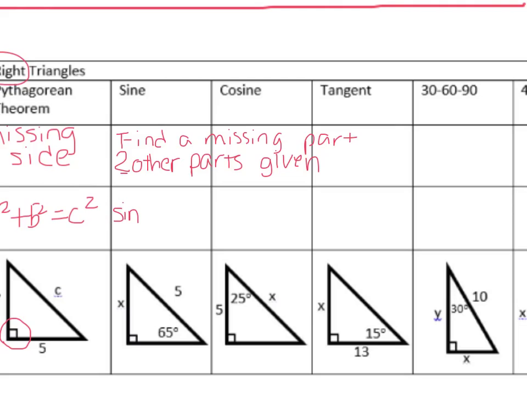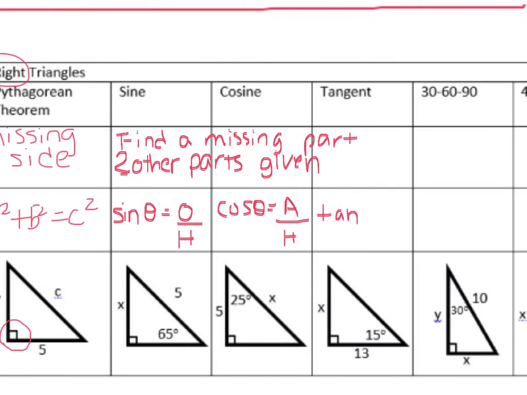So, SO stands for sine of the angle equals the opposite side over the hypotenuse. Cosine is cosine of the angle equals adjacent over hypotenuse. And tangent would be tangent of the angle, or TOA, tan of the angle equals